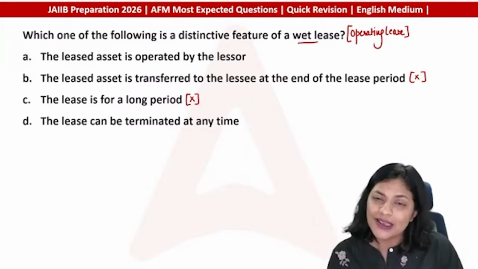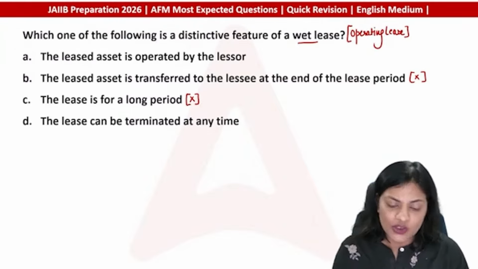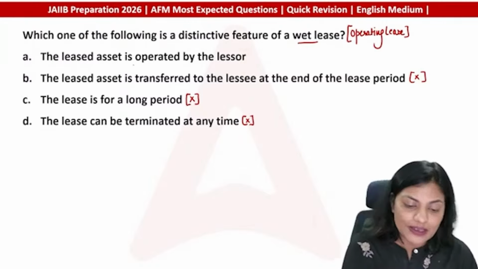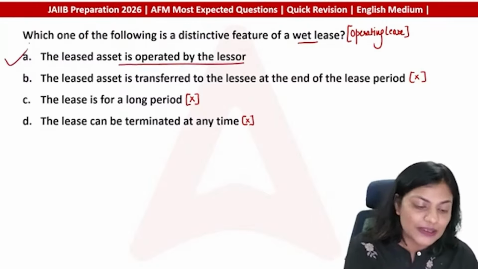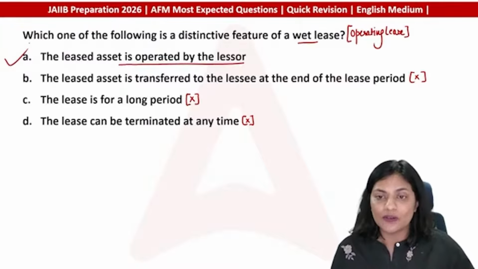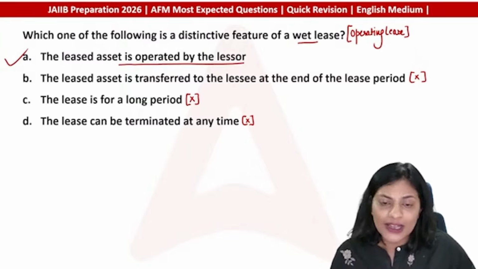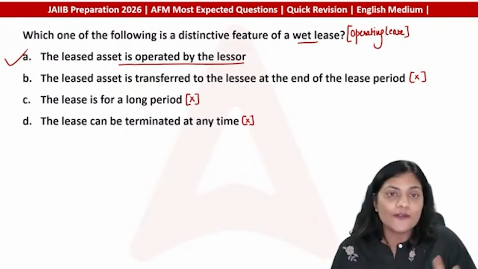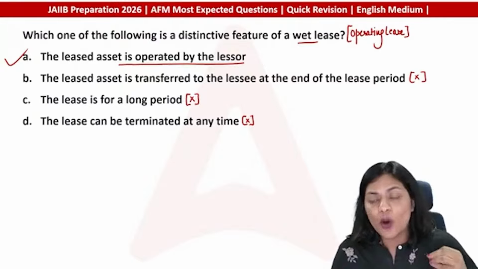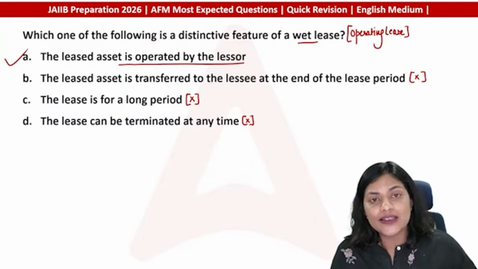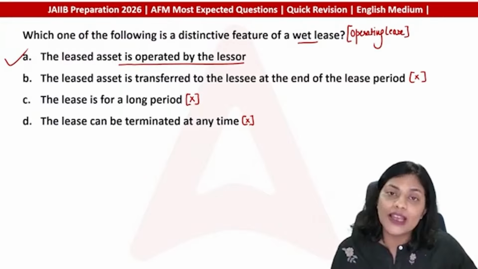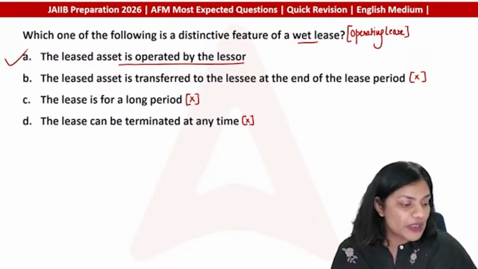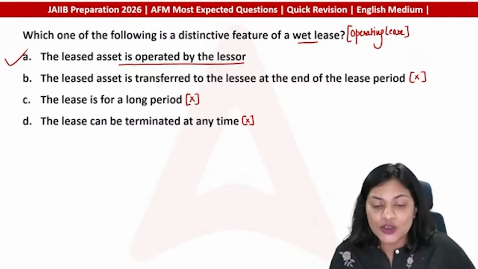See, lease can be terminated at any time. That is a little unfair. Definitely it comes with repercussion. So that is not a distinctive feature, right? But the distinctive feature is it is operated by the lessor. That is a unique feature of it. If they are cancelable leases, they can be cancelled or terminated. But the important and distinctive feature is that in case of operating lease, the leased asset is operated by the lessor, whereby in financial lease, it is operated by the lessee. Okay. So these were the important questions from our 2 units.